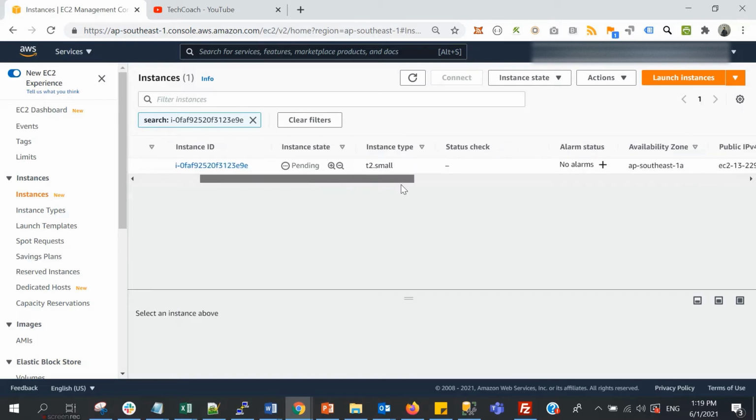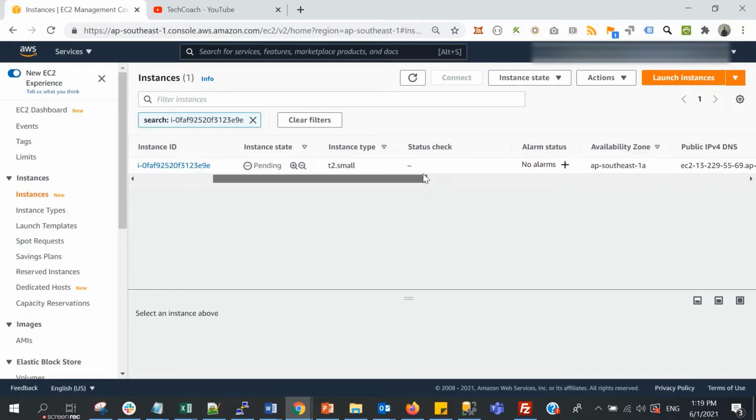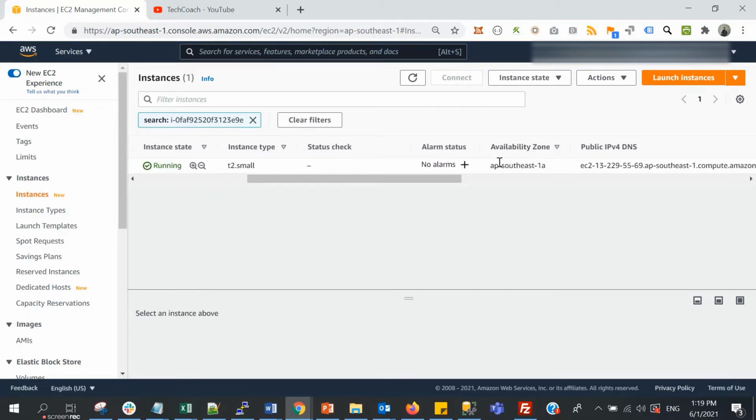So all the details that we have configured earlier during the launch instance, we can see also here. This is the availability zone. The region that I use is Singapore, so Singapore is AP Southeast 1A.